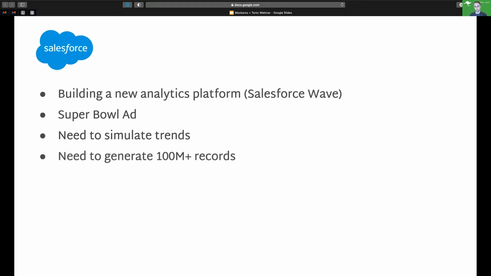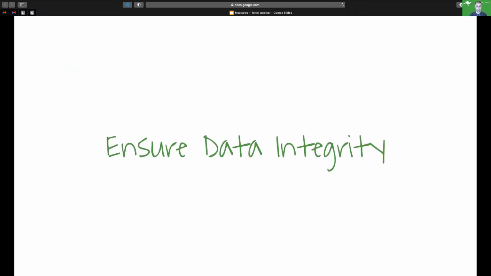The problem for me at the time was that Mockaroo was built to generate hundreds of records, and they needed to generate hundreds of millions of records in a single file. So like any good startup engineer, I told them, oh yeah, we can totally do that. That'll be no problem. And then I scrambled for the next few days after I got back from our honeymoon, trying to figure out exactly how that might be possible.